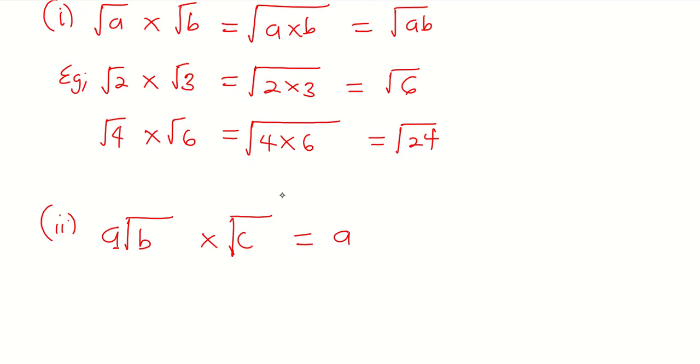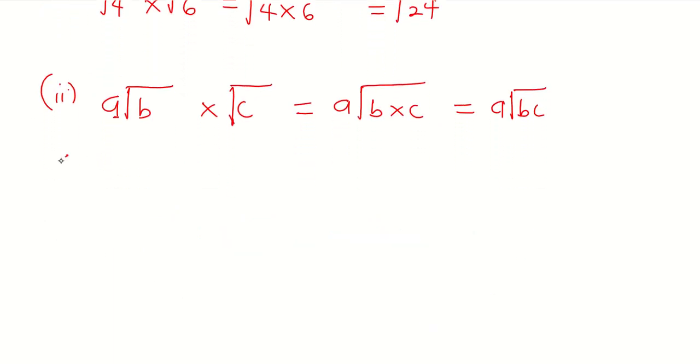So just like we did for the first one, we now come to deal with the numbers, or the radicand, in the square root. It means we are going to write one square root and we multiply the radicands in the square root. That is b times c, and at the end we have our final answer as a square root of bc. So for example, we can think of